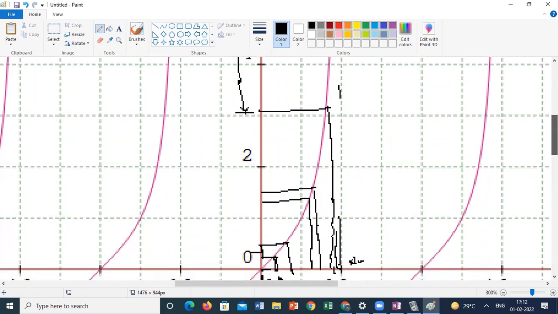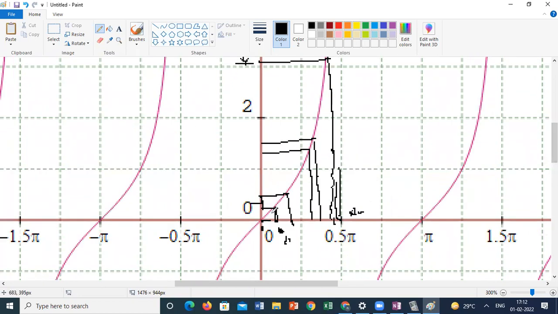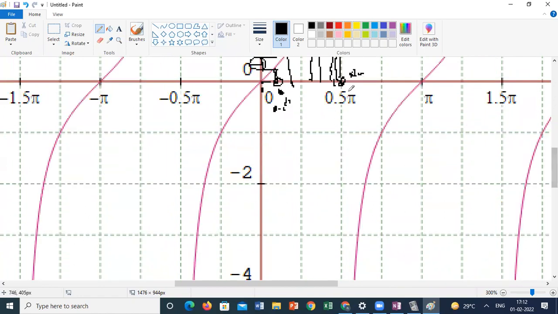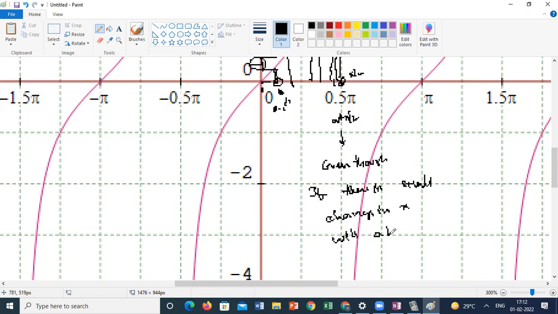Got it, guys? What is the meaning of differentiation? This function is behaving differently. If there is a change in x at 0.1, at this point the change in y is different. At this point, the change in y is different. When it is approaching infinity, the undefined situation, the change in y is very huge. Randomly, it is increasing. So unexpectedly, at pi by 2, even a small change in x gives a big variation